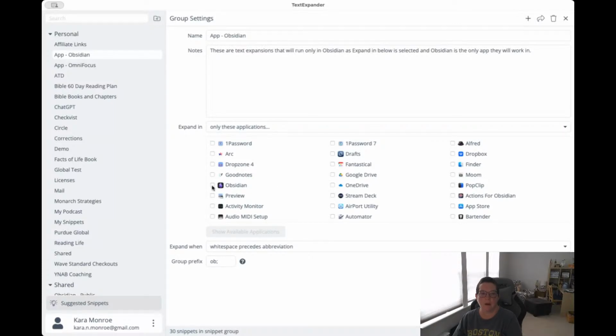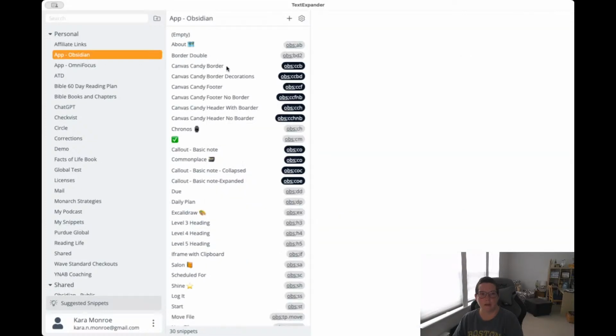There we go. If you're setting up some keyboard shortcuts for an app and maybe you're mirroring keyboard shortcuts that you use in another app and you only want them to fire when you're in this particular app, that's a reason why to do this. And then I want to change this group prefix down here to OBS because honestly, I type it wrong for myself on a regular basis. So this will be more the way I work for Obsidian. All right, so we're going to come over here, and these are all of the different Obsidian callout or Obsidian text expansions that I have available to me right now.